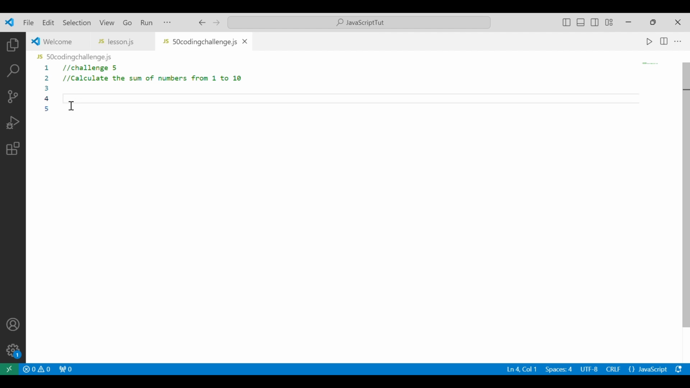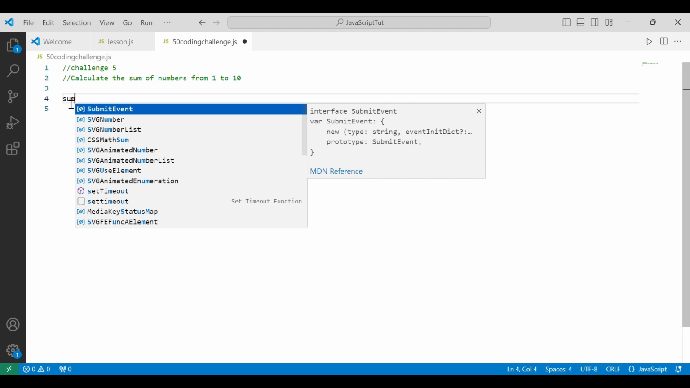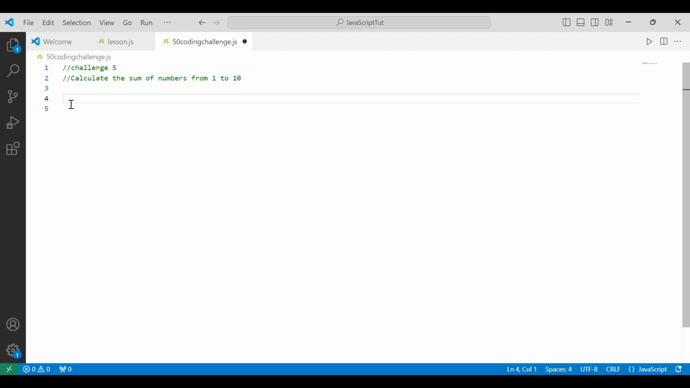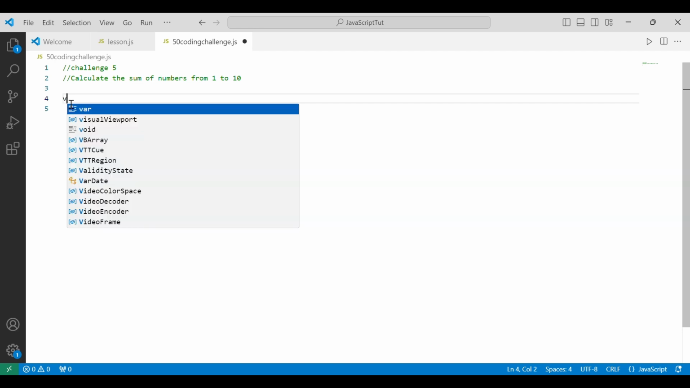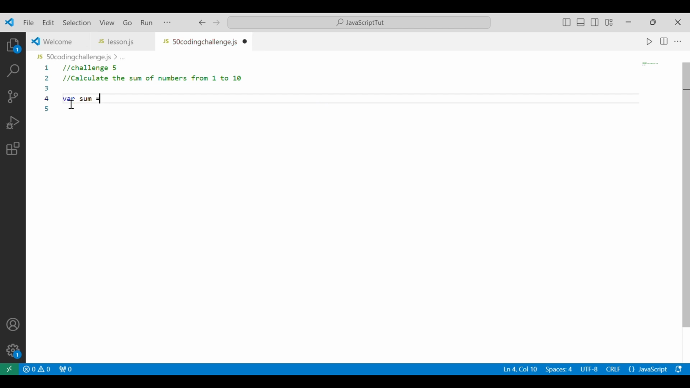I'll introduce a variable sum. We're going to be putting the numbers that we're going to be adding in that variable. So we're going to name that variable sum, and then we're going to make it equal to 0 in its initial state, and then we're going to